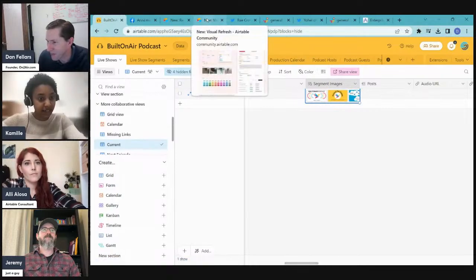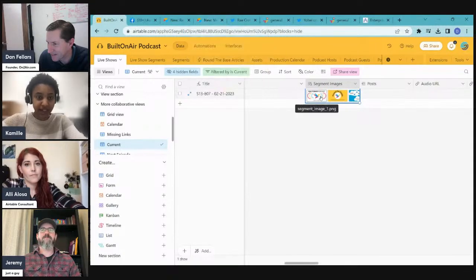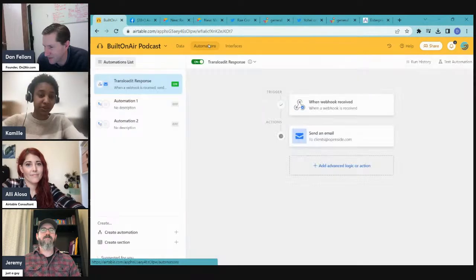There's one thing that I saw that confused me, and it related to colors. And this is very specific, but if you do a whole update of your design, I noticed it. If you go into automations and you have an automation that's turned on, in the sidebar where it lists all your automations, it's one green.